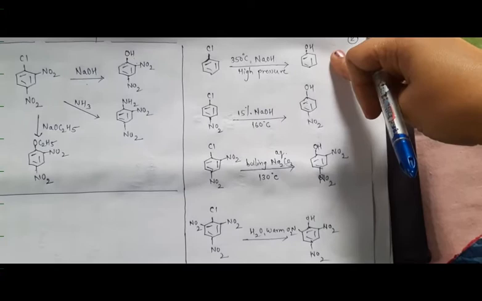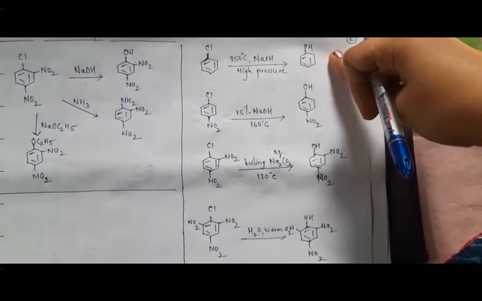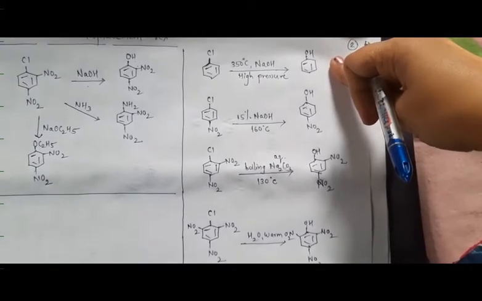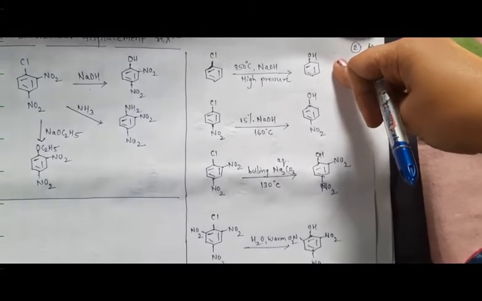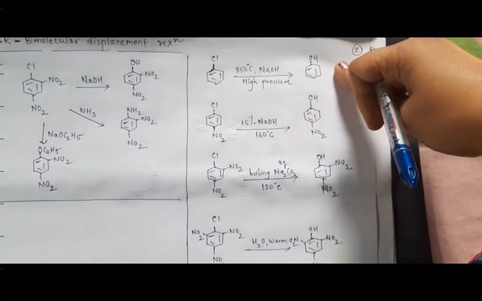And in the last reaction, if you observe, when I have 2,4,6-trinitrochlorobenzene, the reaction simply occurs just in the presence of water, and warming the reaction is sufficient to give the product. So as I move down from aryl halide to tri-substituted aryl halide with the nitro group, no doubt, what I can see is the reaction conditions are getting milder, indicating that for a bimolecular displacement reaction to occur,